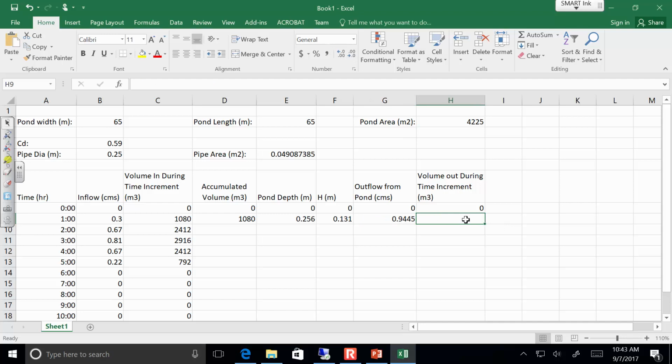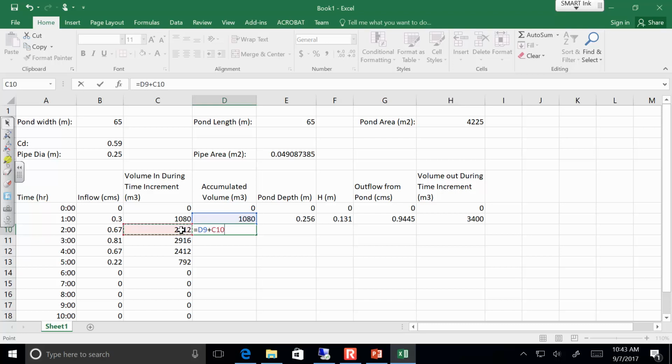All right, and then the volume out during this time increment is just going to be the flow rate times 3,600. So now, this is where it gets a little tricky. The accumulated volume for the next time is going to be how much water was in there during the previous time increment, plus the new that came in during this increment, minus the water that flowed out in